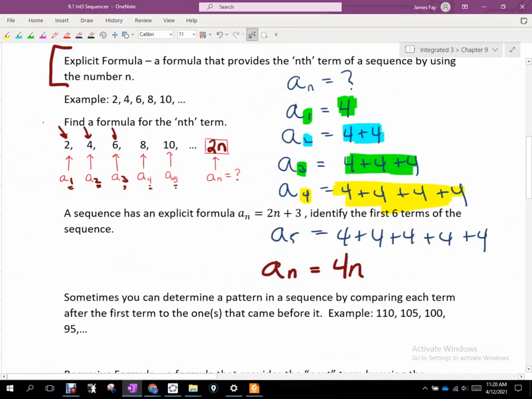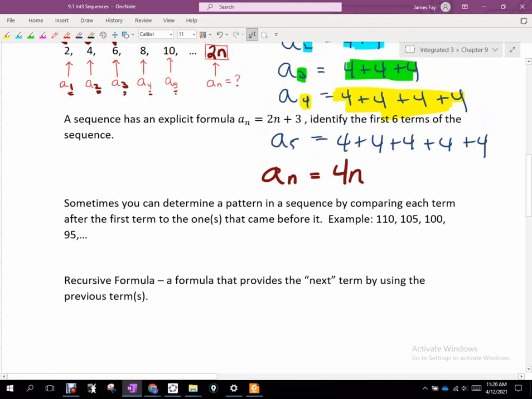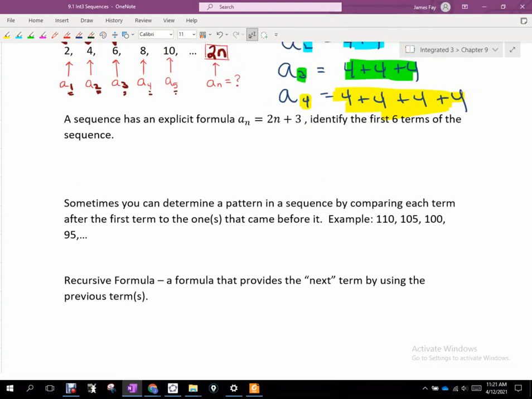Now, I would think that most people agree with this: it is difficult, and you're going to struggle with it. I struggle with it, and I've been doing this a lot longer than you have. I struggle looking at a pattern and trying to piece together the positions, the n values, and what is being created in that position as the specific value to develop the explicit formula.